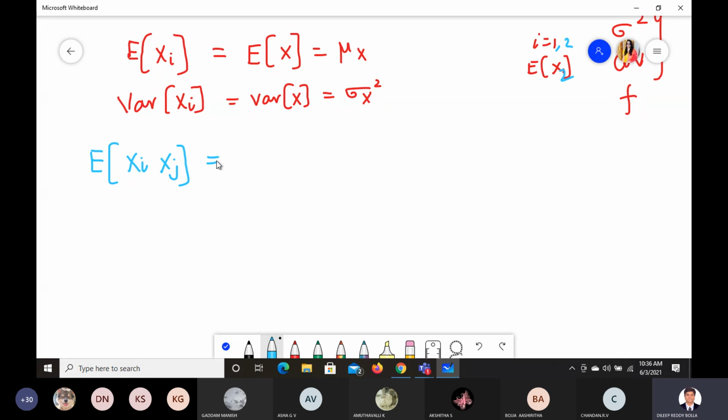There are two conditions here: when the i value equals the j value, and when the i value is not equal to the j value. What I mean to say is, if i is 1 and j is 1, both are 1, which means 2 times if you are trying to do it. Then it becomes squared. If not, what is that then?